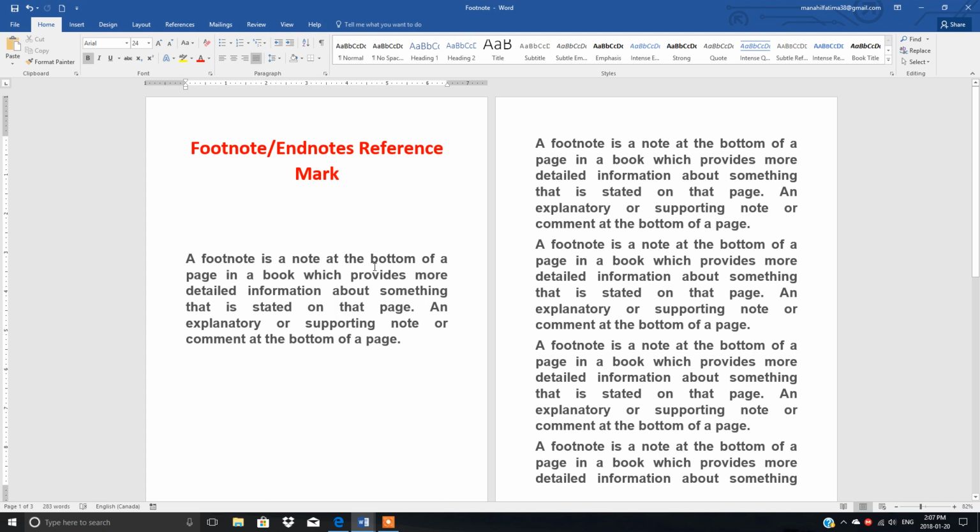See, focus is on the bottom of the page in a book, which provides more detailed information about something that is stated on that page. An explanatory or supporting note or comment at the bottom of the page. So footnote, suppose this is your document consists of one page or few pages and there are few difficult words or phrases or idioms in the page and you want to write down some more explanation about that word or idiom or phrases. If you want to write the meanings or more explanation at the bottom of the page, it